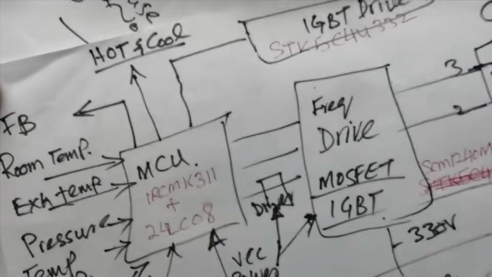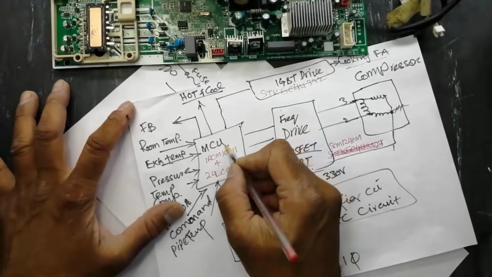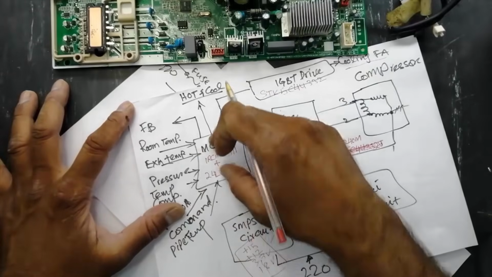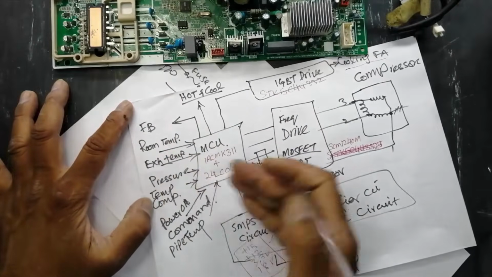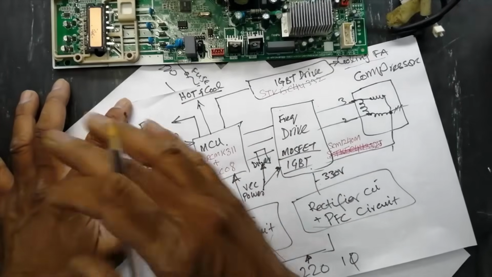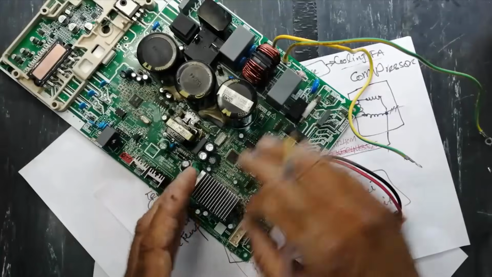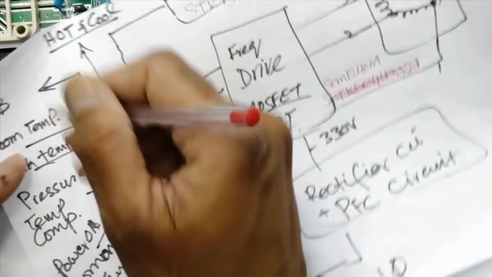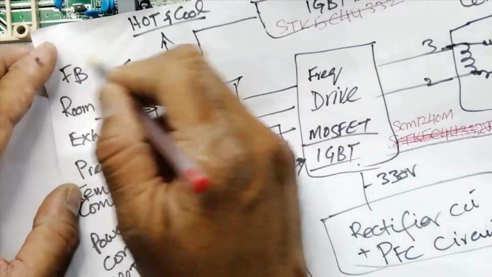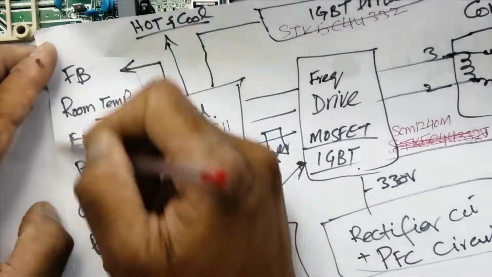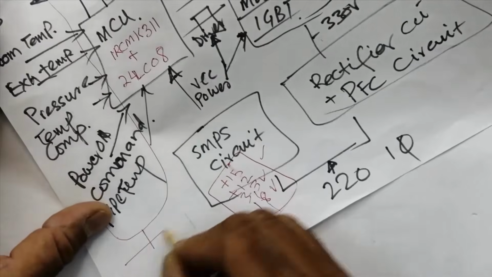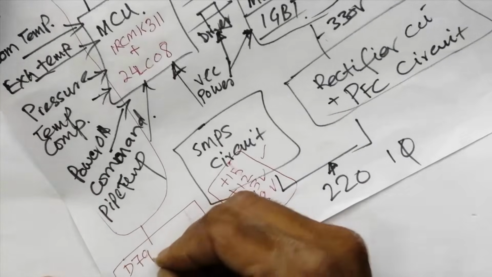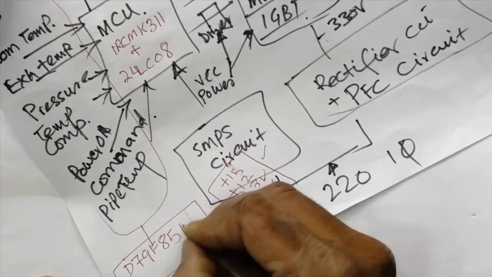In this board we have another microcontroller. This MCU is the motor controller. This MCU is for motor control, for checking these inputs, checking all these parameters, communicating with the indoor unit, and performing other functions. We have another microcontroller here. Here is another processor. All these parameters are controlled by the NEC processor, that is D79F8513A,